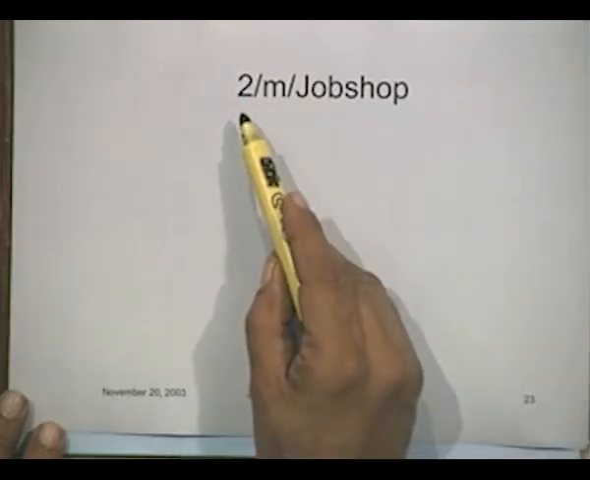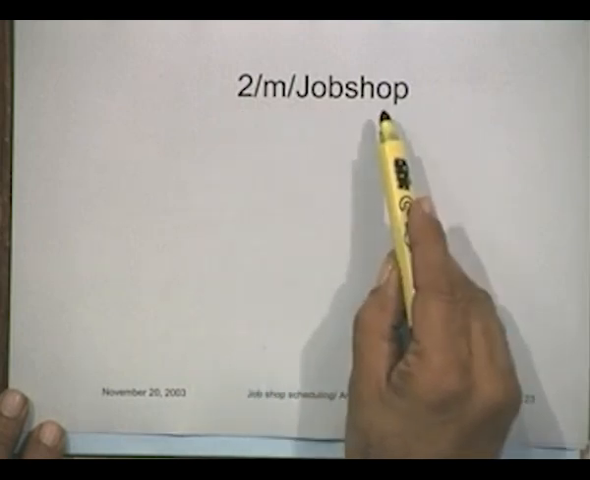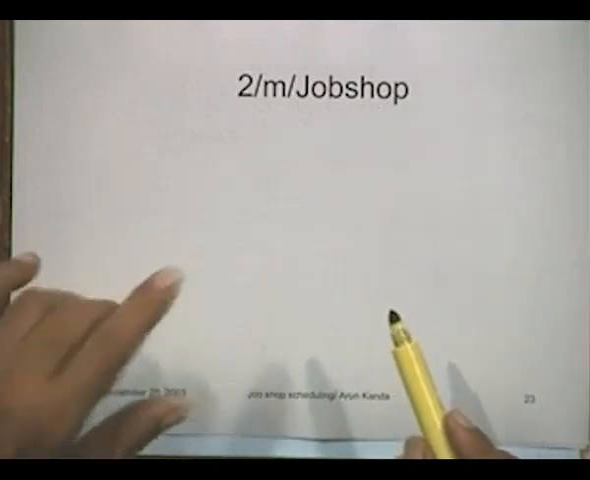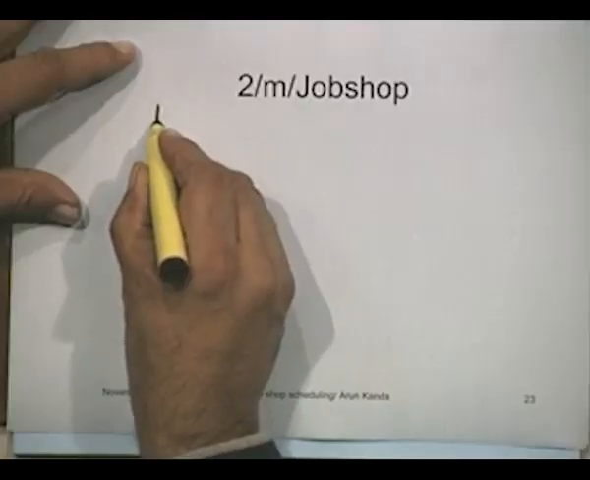A 2M job shop situation means that there are two jobs, there are M machines, and there is a job shop situation. That means the sequence is not the same. This problem can be solved graphically. It's a very simple graphical solution. For instance, what you can do is you can plot